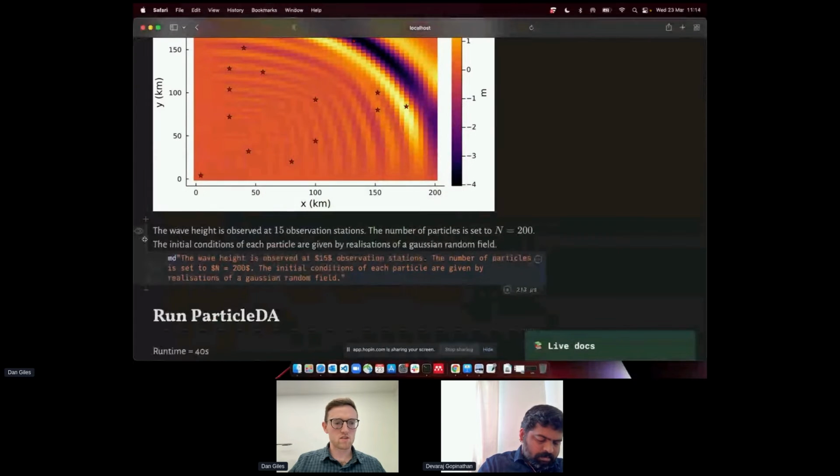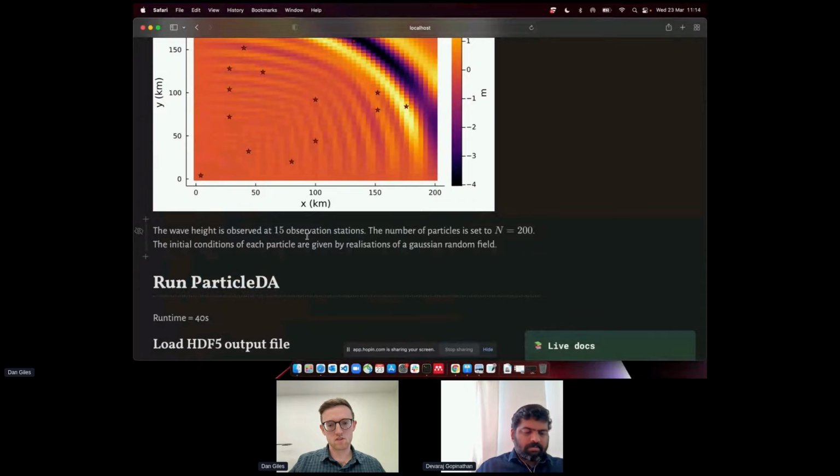One of the things that should be noted is there are 15 observation locations. We initialize an ensemble of 200 particles, and the initial condition of each particle is essentially based on a prior that says that the ocean surface is flat. So initially we have no observations of a tsunami wave, since it hasn't occurred until it actually hits some of